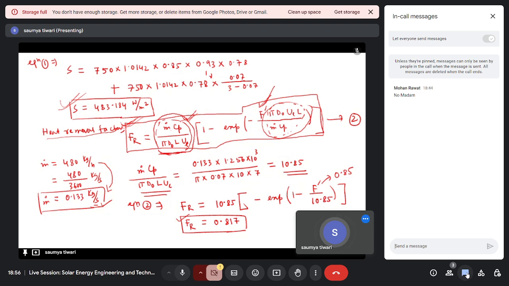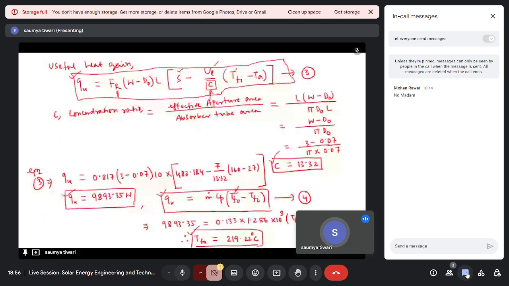Mass flow rate is given in kg per hour. You need to change it into kg per second. Now we can calculate this factor. Cp value is already given in the question, and the rest of the values we already know. We can calculate this term, and finally you can calculate the Fr value. Knowing the Fr value, the heat removal factor, you can calculate the useful heat gain in terms of fluid inlet temperature. If you remember, by using Fr, you can calculate the Q in terms of TFI, and note that